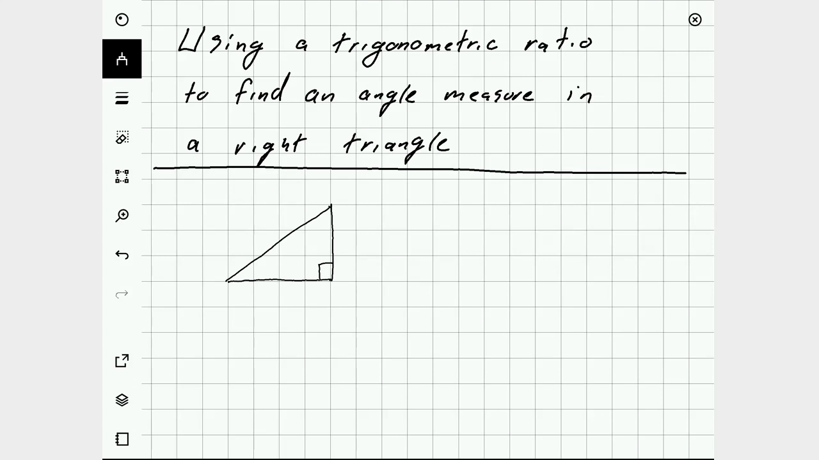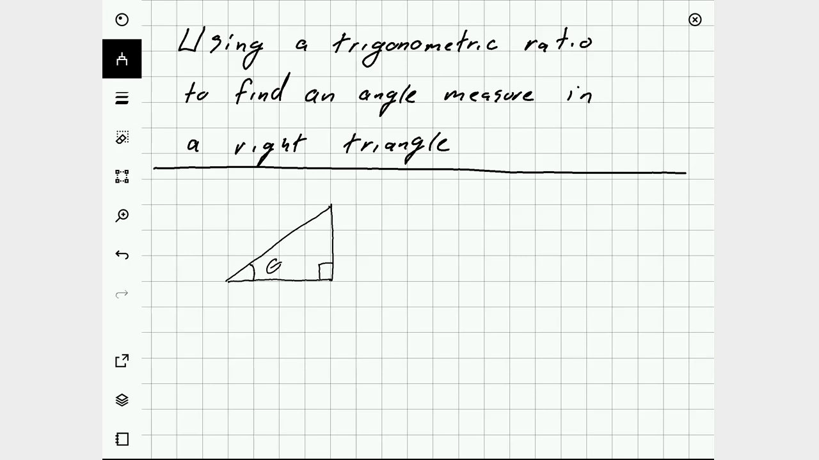So let's start off with a right triangle. Here's a nice triangle, here's a nice right angle. Let's say that there is an angle that we want to know the value of. Let's say this angle right here that I'll mark as theta. Just like in finding a side length, we need two pieces of information. It'd be really convenient if we just had the other angle and we could use the properties of triangles, but